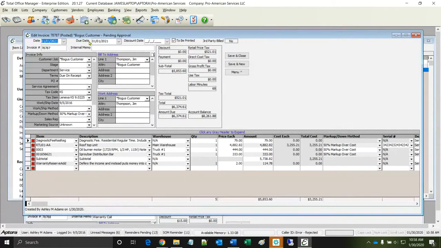So let's go back to this invoice. This is where we sold the job. One of the things we sold was an item called warranty reserve add for $114. But the income account is not an income account. The income account that we selected was a liability account. So $114 doesn't make its way to the income statement. It makes its way to the balance sheet as a liability. Because out of this